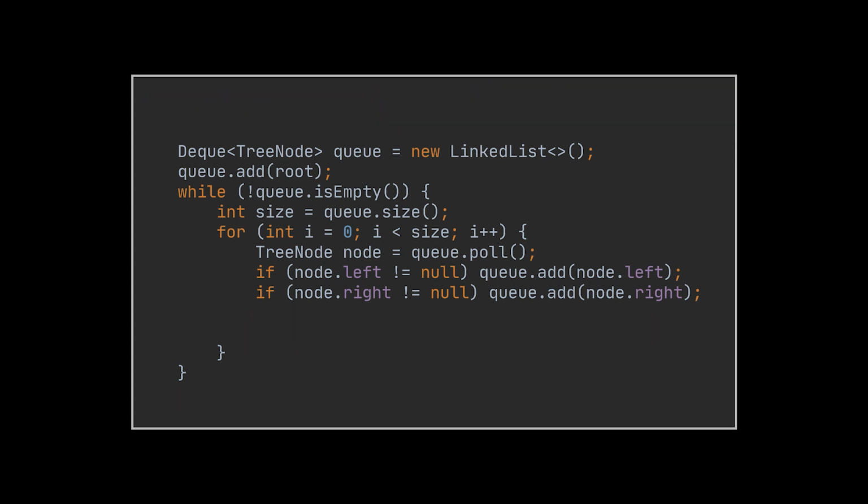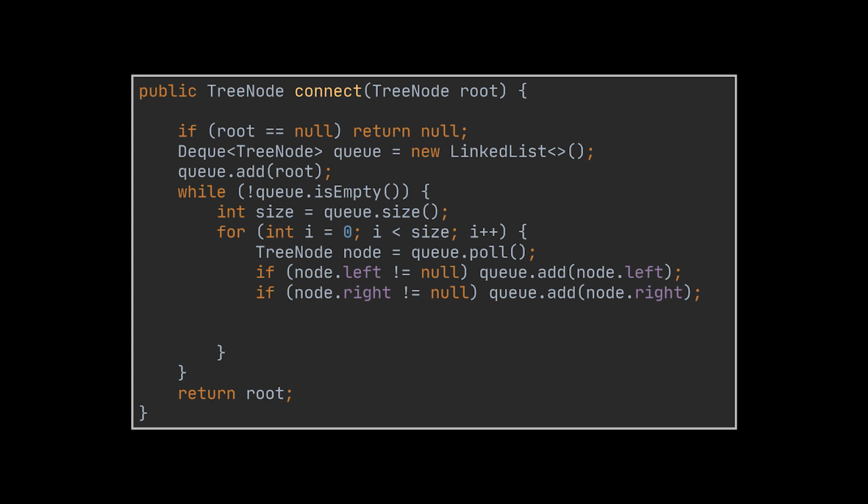Therefore, let's get rid of everything specifically related to our previous problem, which are basically the line we were talking about and the result list, and keep the core implementation of the level traversal technique. In this problem, we will be receiving the root node as input, and our output will also be that root node, but the difference is that the nodes of the tree referenced by the returned root will have their next pointers populated. To retrieve and populate the next nodes from the queue without removing them, we can make use of the peek method, meaning if the node of our current level is the last node of that level, then it should point to null, and if not, it should point to the node we peeked at. And that's it. By modifying a single line of code, we were able to solve two different problems.